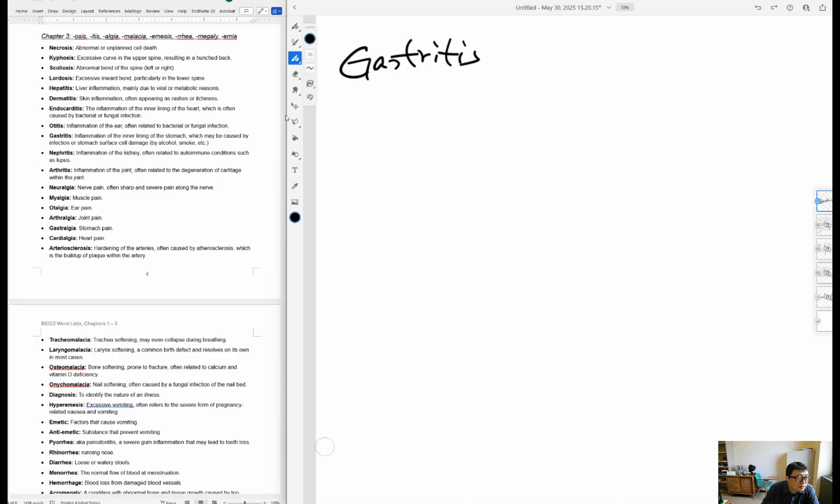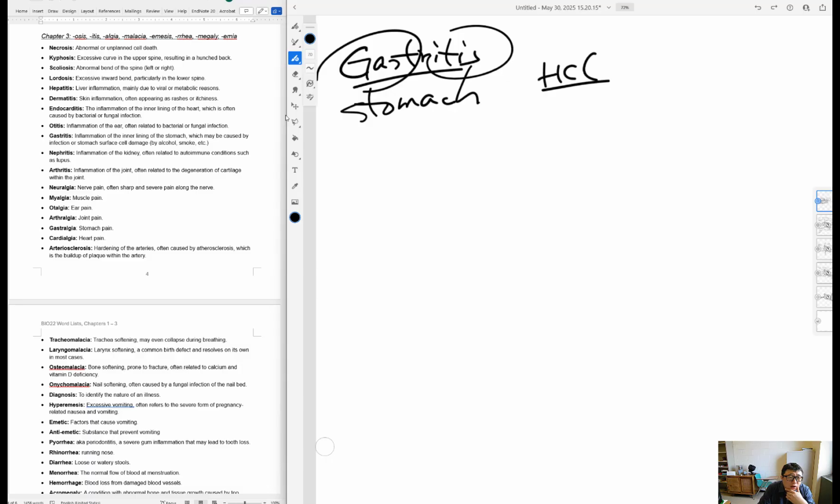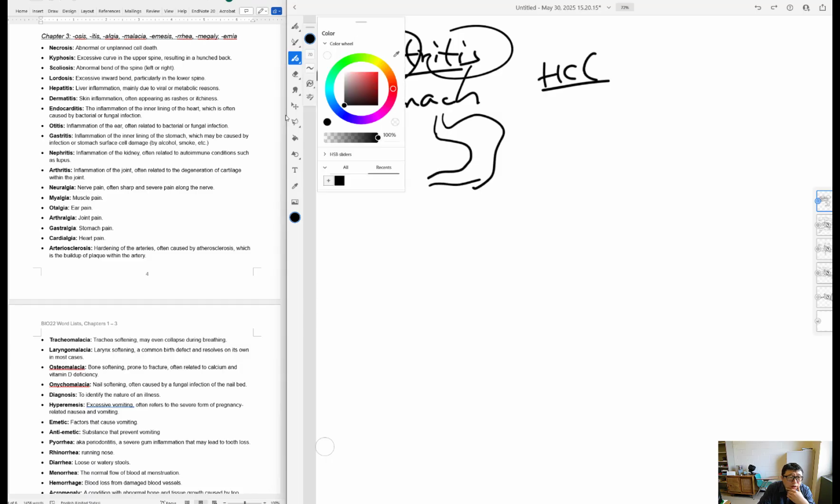Gastritis. Gastro, stomach, and then inflammation. In many cases, it is a common word used. I'm not sure, but it is mainly caused by the acid in the stomach. The one causing this is the stomach right here, and then on the surface of the stomach,